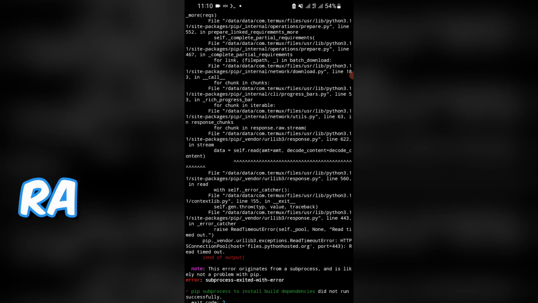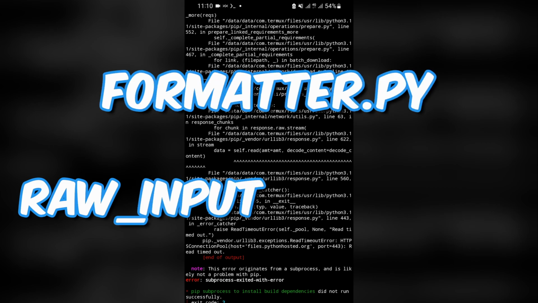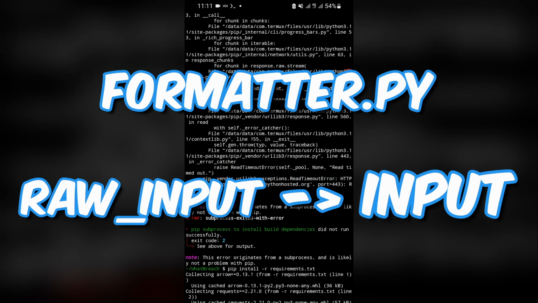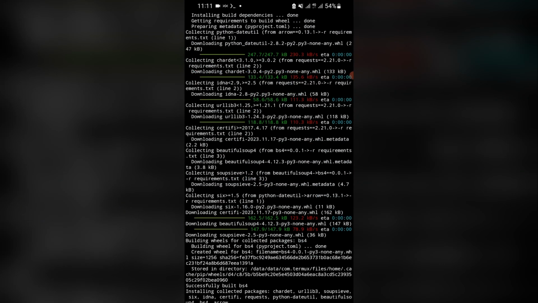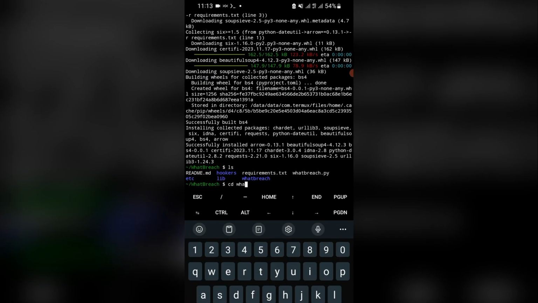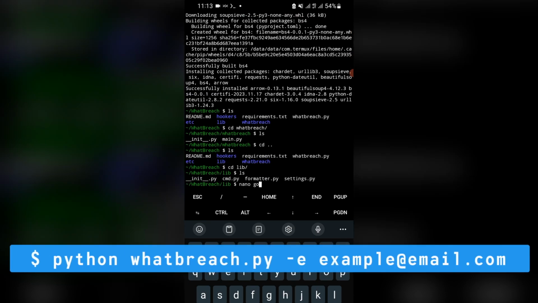So you'll need to change the raw_input inside the formatter.py to just input, because raw_input is an old function that was used in the old versions of Python. So you just have to use your nano editor, enter that file, look for any instance of raw_input and just change it to input. When you're done, just run it using Python